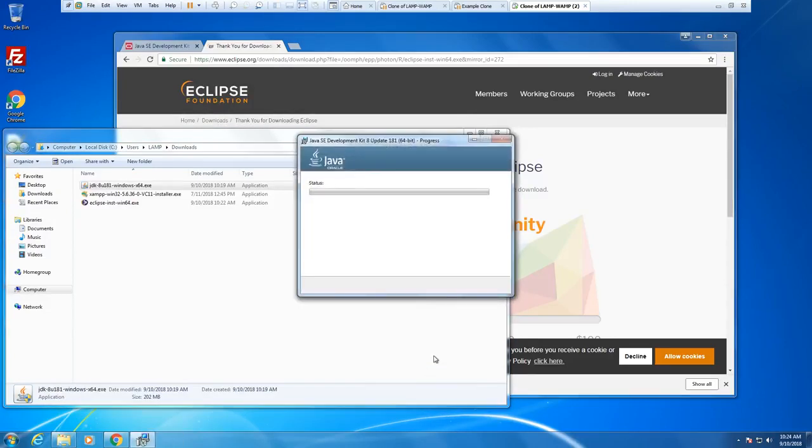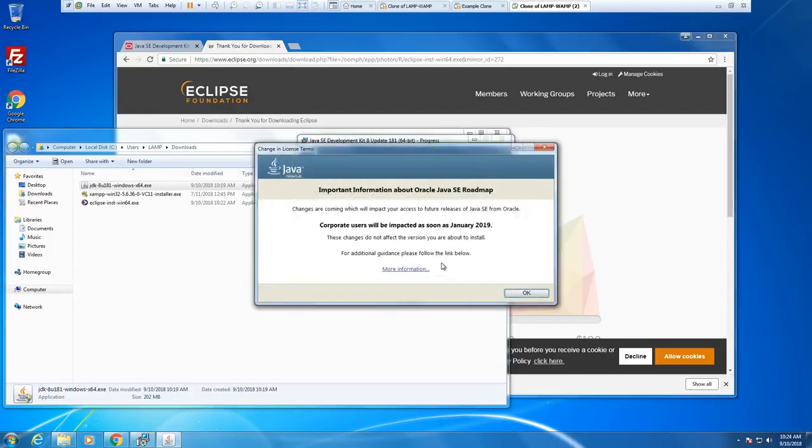You can just kind of walk through, and do be careful. Every once in a while, Oracle and Java insert a little piece of, not adware, but you know, it's like, oh, here's a free thing for you. Every once in a while they do that, but they haven't done it in a while. But do be careful if you don't want it. You have to install that first. Next, you're going to